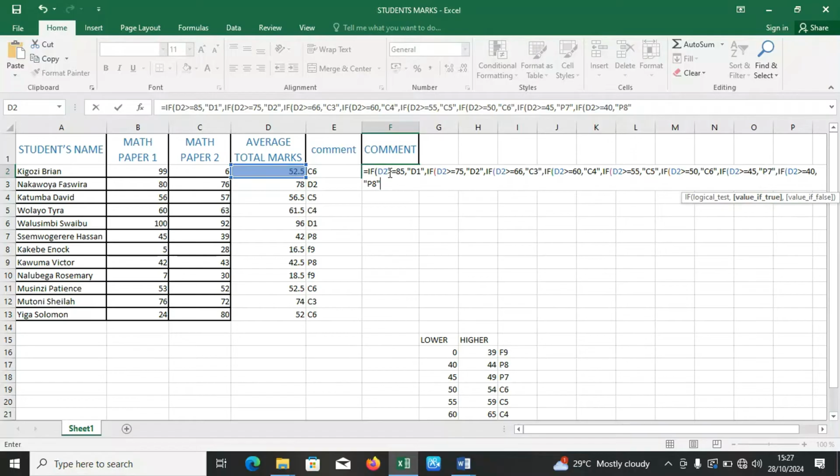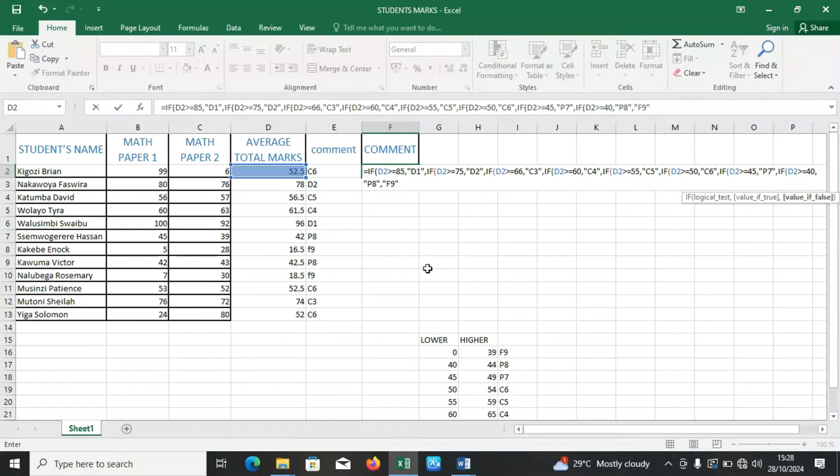If the computer has checked and the value is not above 85, it is not above 75, it is not above 66, it is not above 40, it means it is below 40. That means it is either 39 or below. So that one we shall just put a comma here, and inside the quotation marks we shall put its value, which is F9,